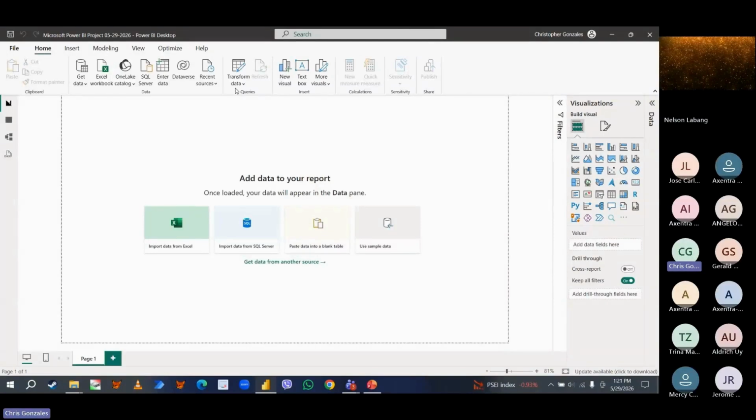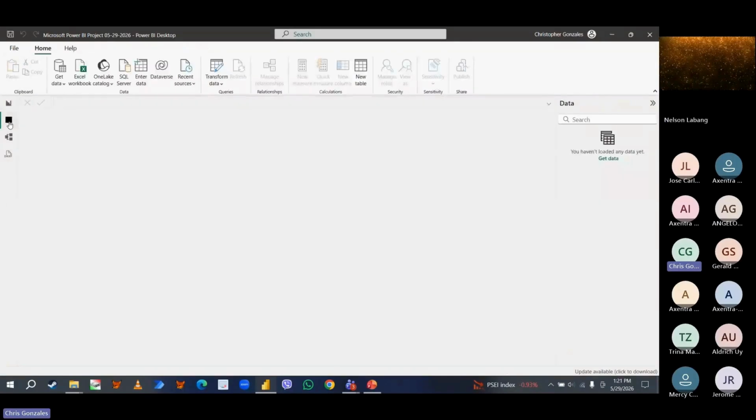Now, as you can see, this is the front-end interface. All right. And these are some of the command buttons that I mentioned earlier. Number one, we have the report view. This is where we can build our dashboard. Number two, we have the table view. As of now, we don't have any data yet. But later, as we import, you can see here an Excel-like table.